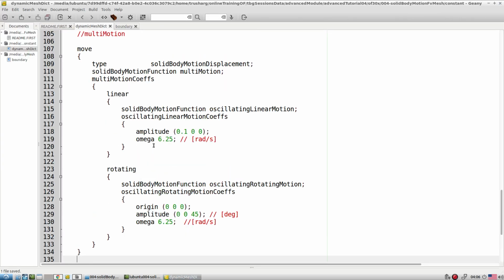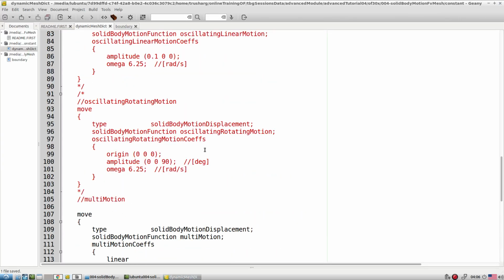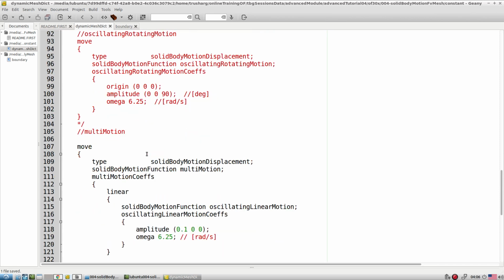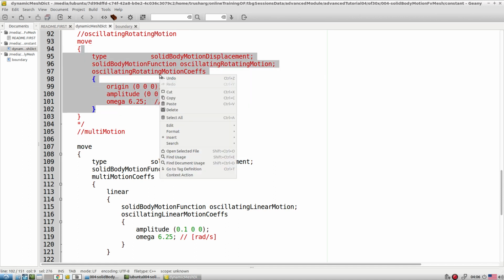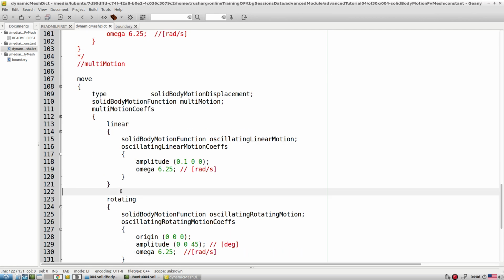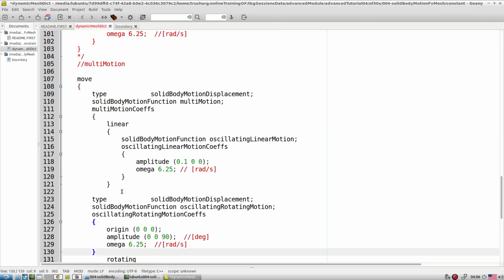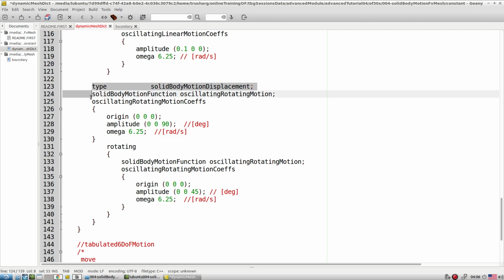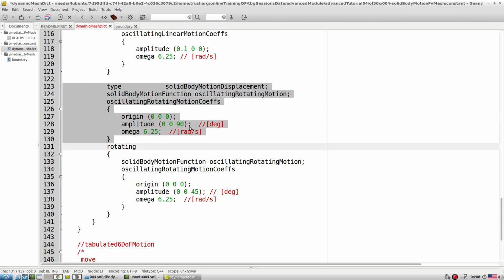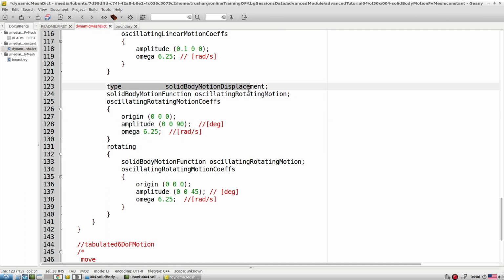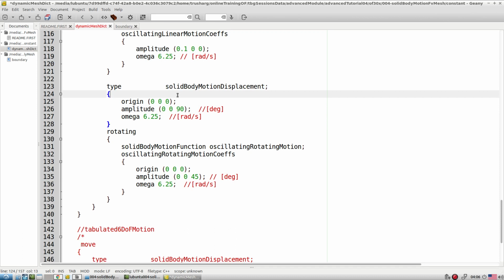Orientation. But let's say this is oscillating and rotating. Okay, so if you want this, this is perfectly all right. Okay, that means oscillating, this one. Okay, we can fix this. So we can say here, one minute. Okay, so let's say this is not required. Okay, let me erase this and keep it here.